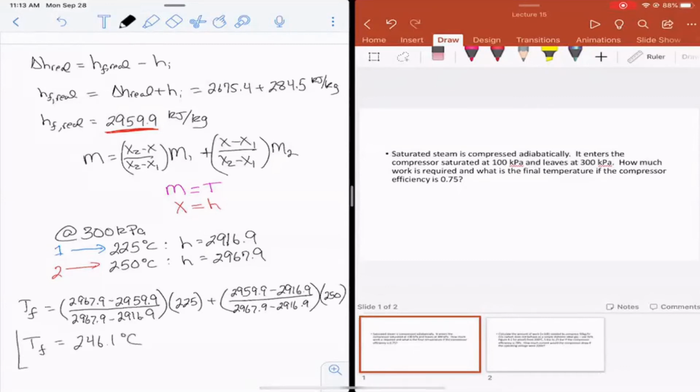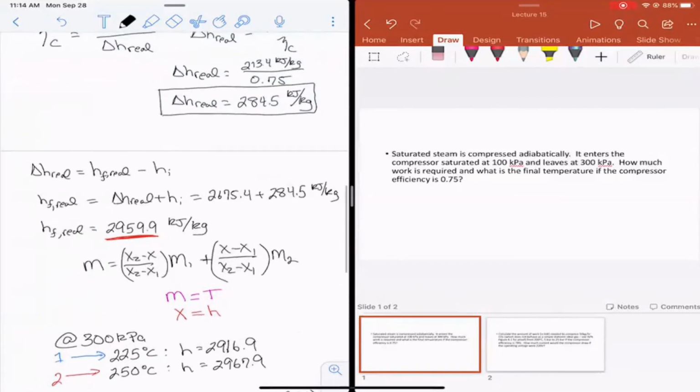246.1 degrees C, which is actually quite a bit higher than the initial temperature or the isentropic case, right, where we calculated that that value was 211 degrees. So it's about 35 degrees C hotter than the isentropic case. But here, we were able to find both the final temperature and the work that was being done